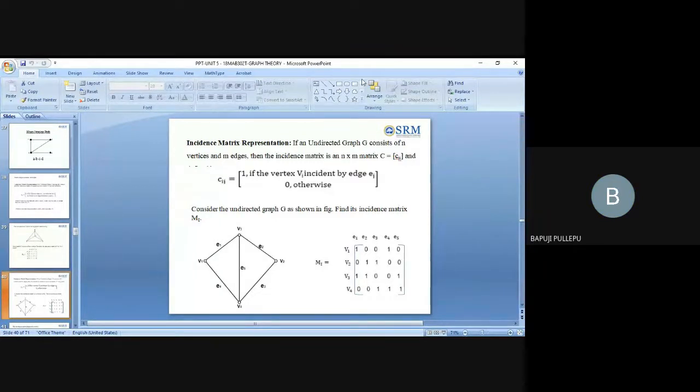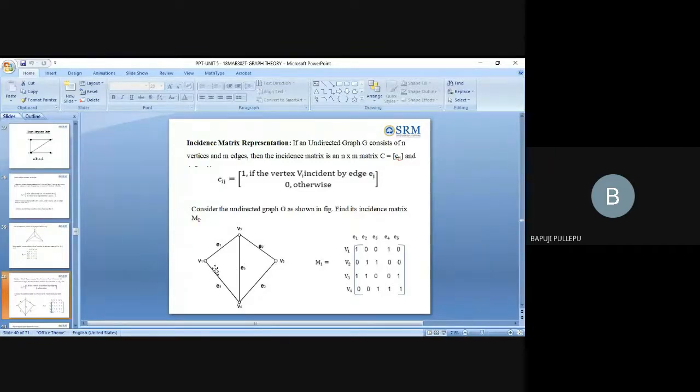Same. Incidence matrix means same. Adjacency matrix means vertex to vertex you can write. There I am writing V1, V2, V3, V1, V2. So V1 to V1 is 0. V1 to V2, I am writing 1 if an edge is there. Now actually this is what actually, edges are there: E1, E2, E3, E4, E5, is 5 edges.